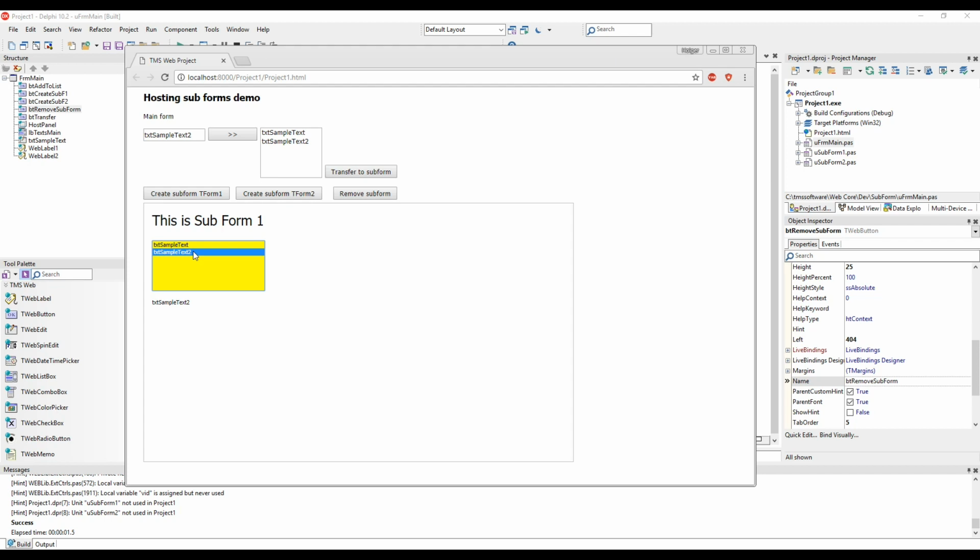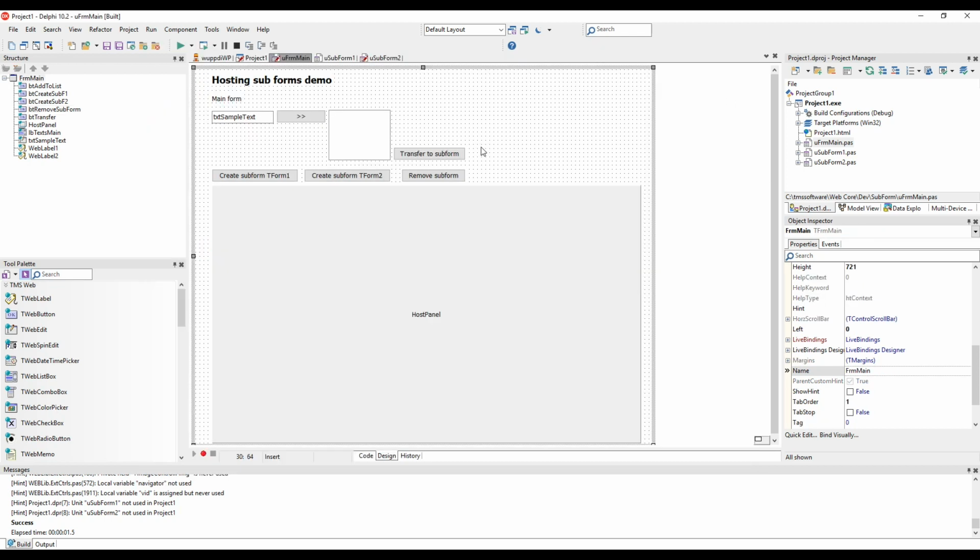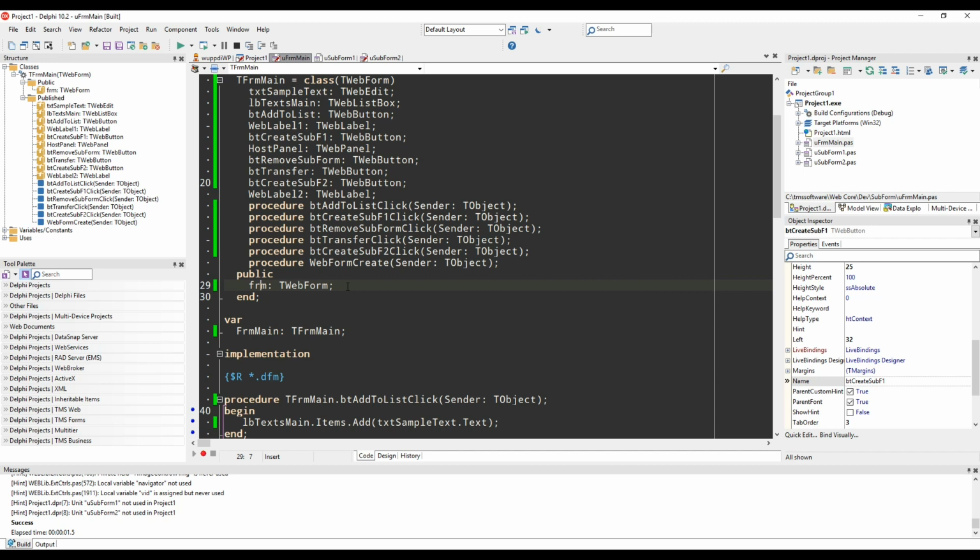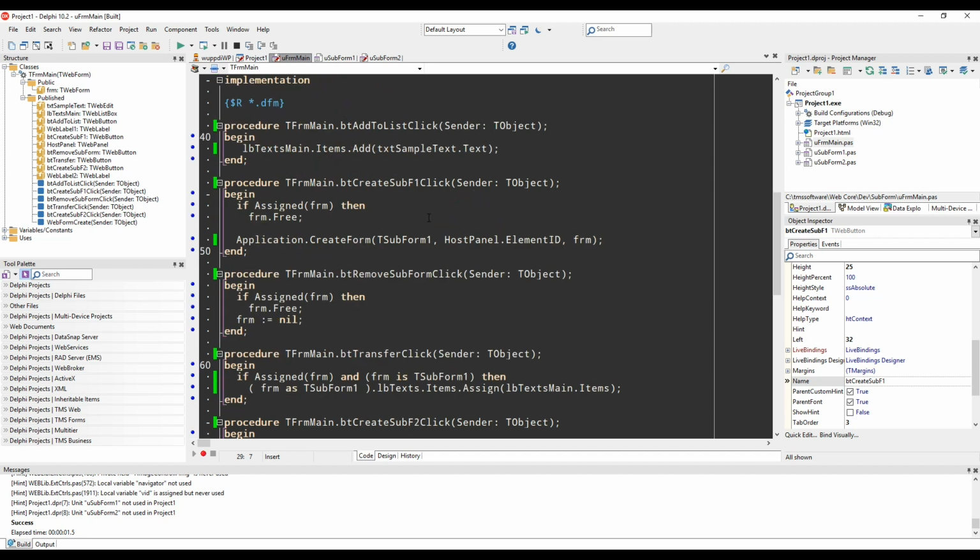You will be even more surprised and happy how easy it is to implement this. I already showed you the two subforms. Both forms simply deal with what they do, like adding text to the memo. There's no special code dealing with the transfer from the main form to the subform inside of the subforms. It's all hosted on the main form. First of all, let's look at how we create subforms. Let me just start with the fact that we have a variable Form that keeps track of the last subform that we have created. Thus, whenever we create a subform, we check if there's already a form assigned to it